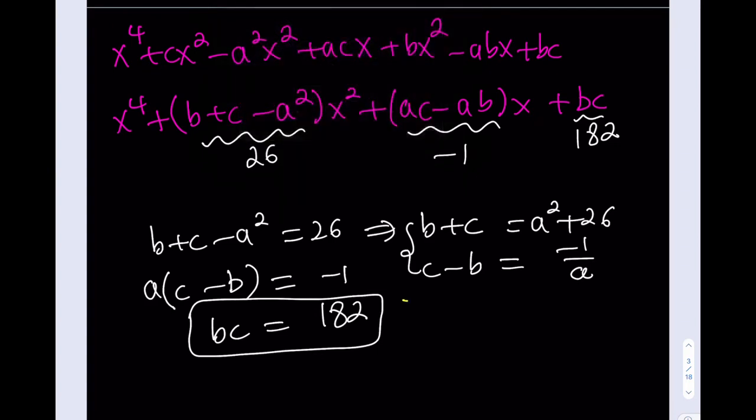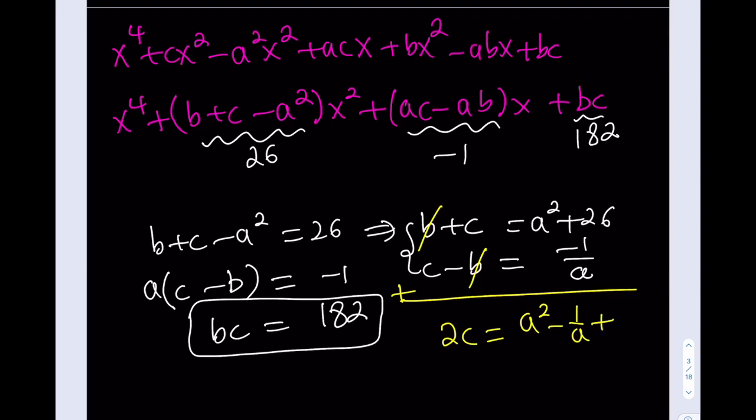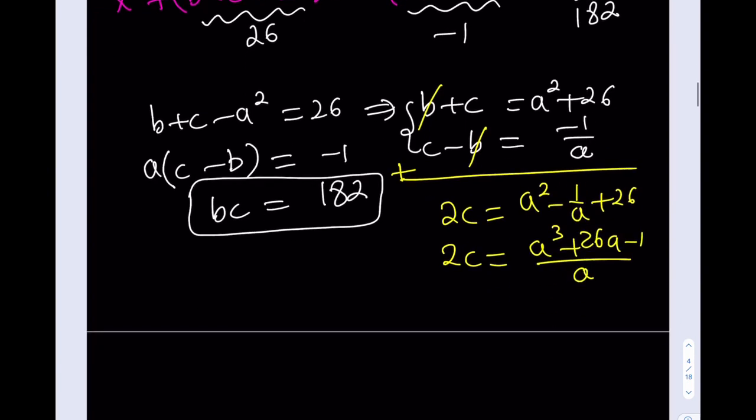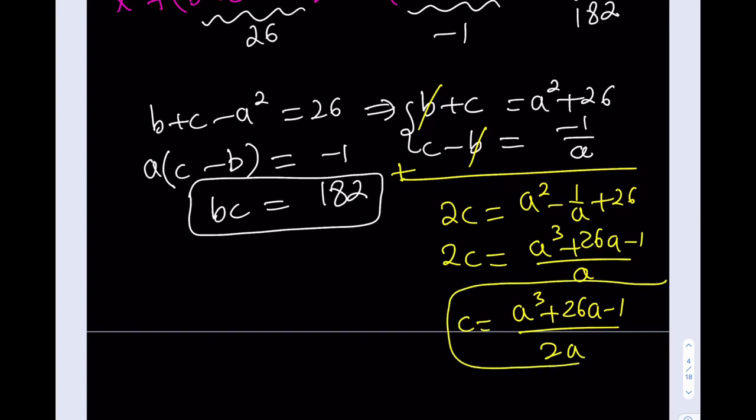Now what I can do is just go ahead and add these up, cross out the b's, and I get the c's. 2c is going to equal a squared minus 1 over a plus 26, which I can make a common denominator for: a cubed plus 26a minus 1 over a. Then I can divide both sides by 2, and I'll be getting (a cubed plus 26a minus 1) over 2a. So I was able to express c in terms of a, and then I can just go ahead and plug